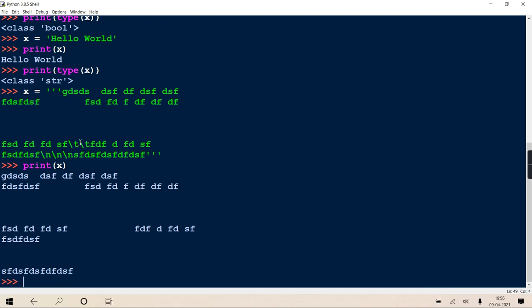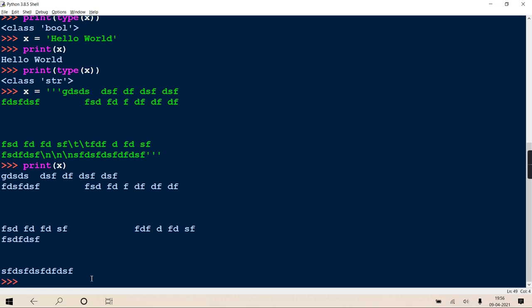These 2 tabs, 2 times tabs have come. These 3 new lines are there. So 3 times blank line have come. And then the remaining value. Are you understanding or no? So everything that is there in that doc string, it preserves as it is. Okay, it doesn't ignore anything. It keeps it as it is.